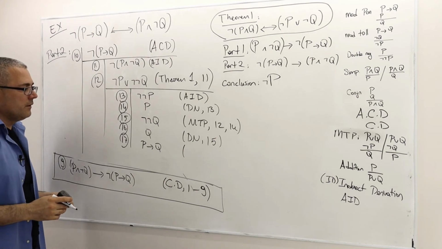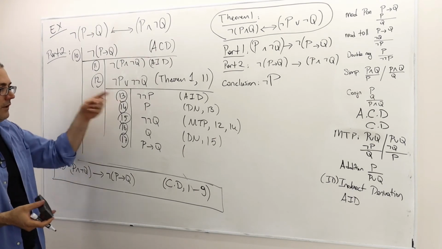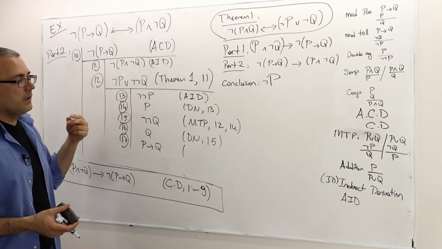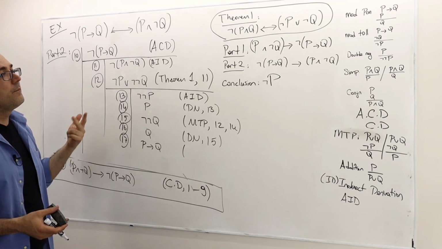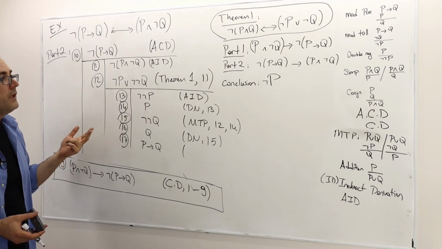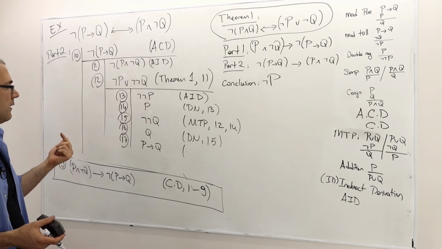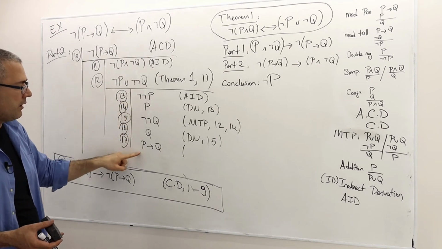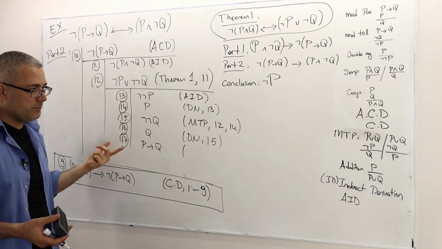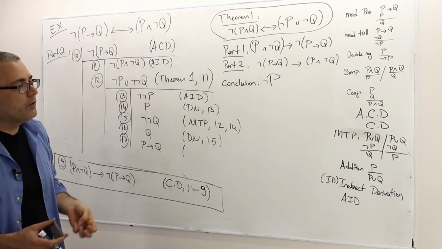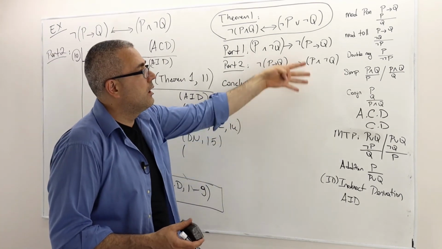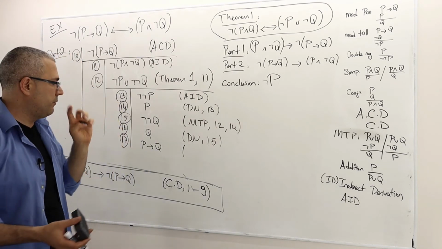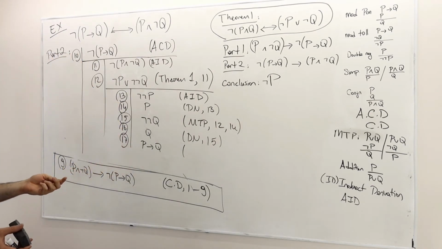Right? I mean, this is right. If you remember the truth table of P implies Q, when P is true and Q is true, well, then P implies Q must be true. We don't have a name for this rule because this is how we defined the truth table of P implies Q. So therefore,